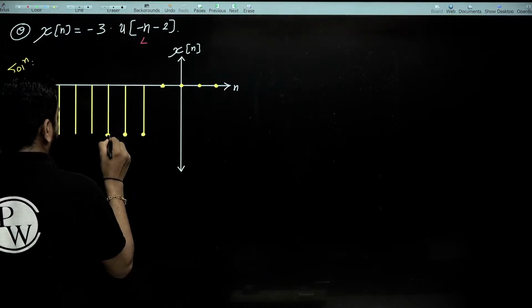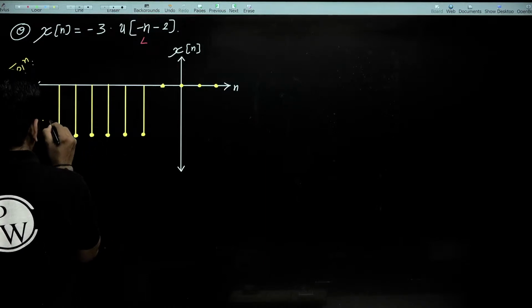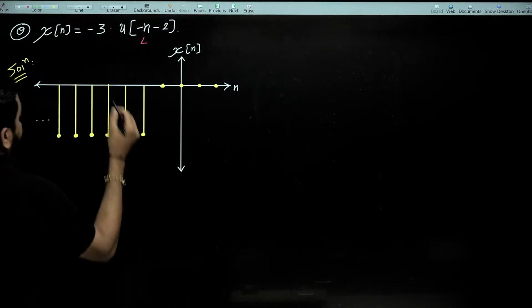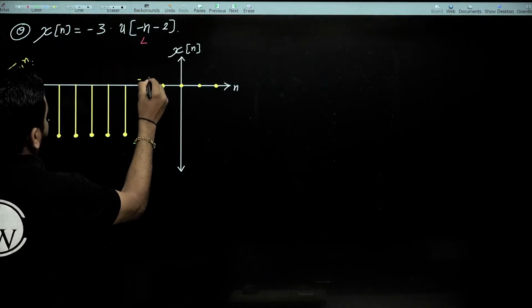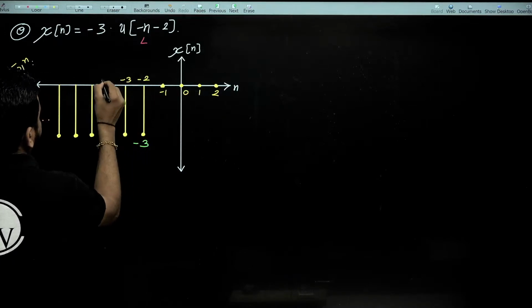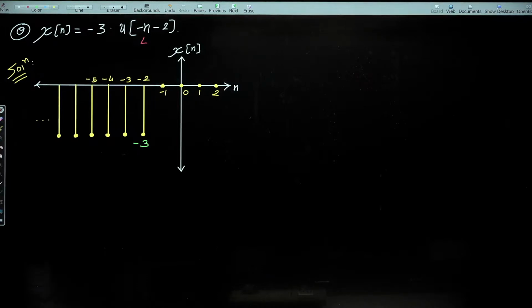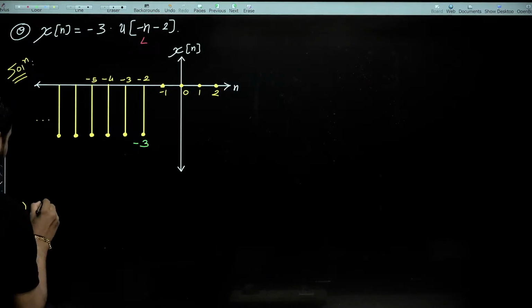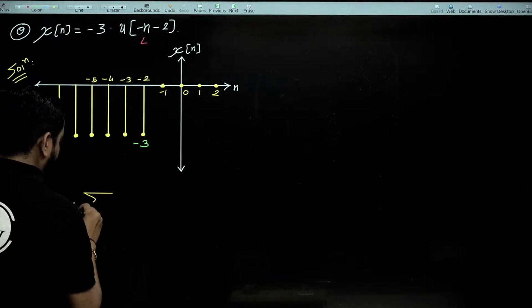Right, in this signal x of n, impulse train also, guys. Impulse train. Amplitude is -3, guys. It starts from -2, -1, -3, -5 and so on, guys. In the form of impulse train x of n, tell me, summation,